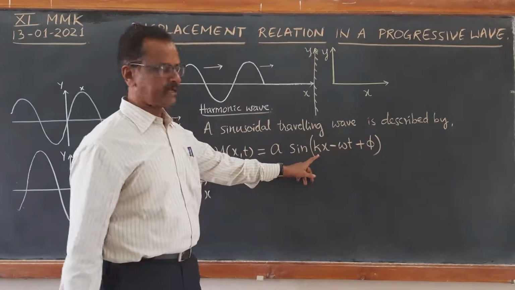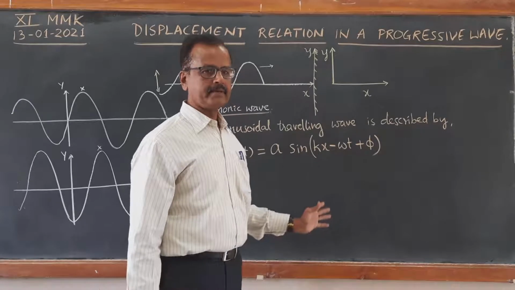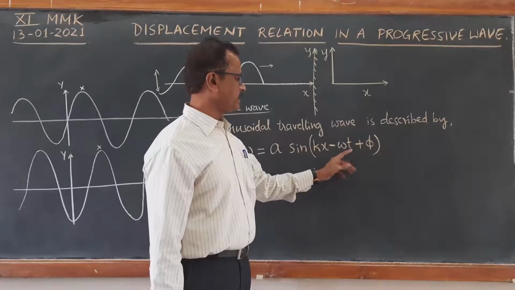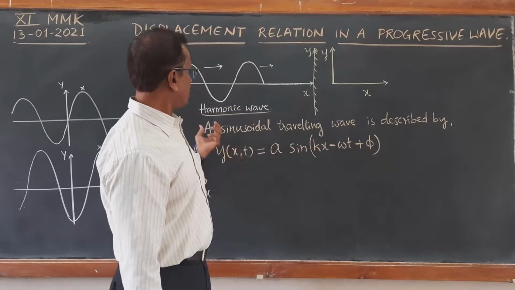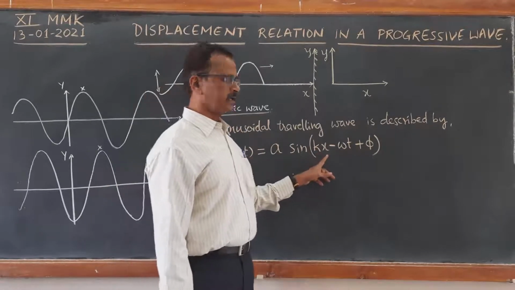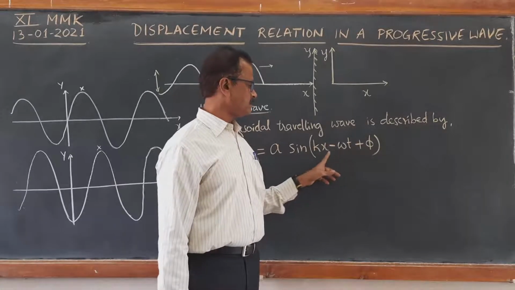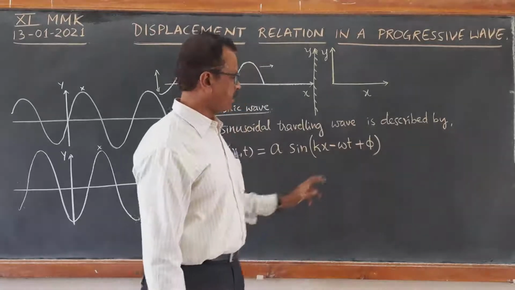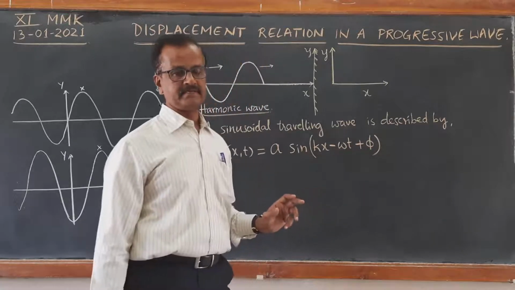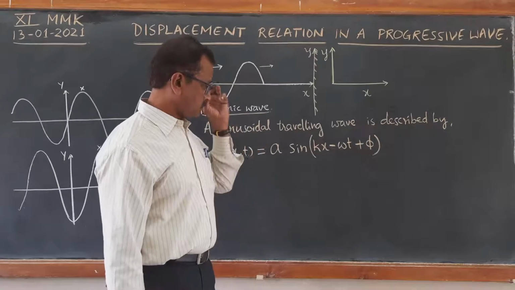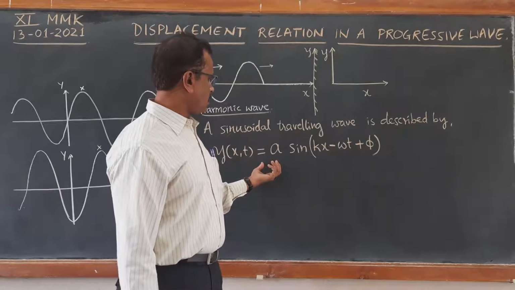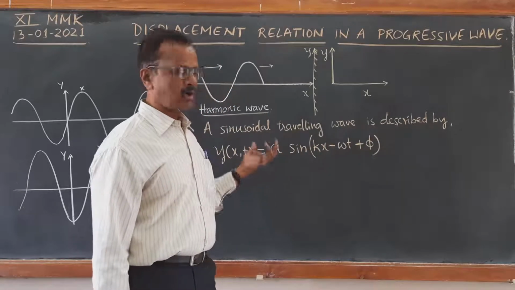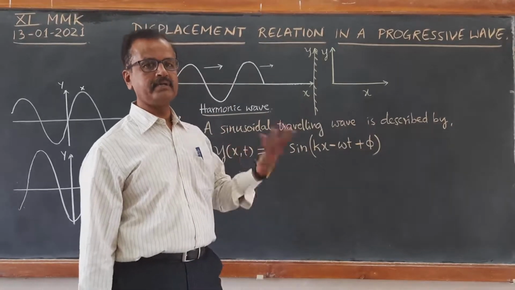We'll learn the meaning of k and the meaning of omega, everything in detail. Here kx minus omega t represents the harmonic wave progression along the x-axis, and it is a function of position as well as a function of time t, and here phi is the phase. Okay, now this sinusoidal harmonic wave is represented as a combination of two functions, as we have done in the previous lesson.